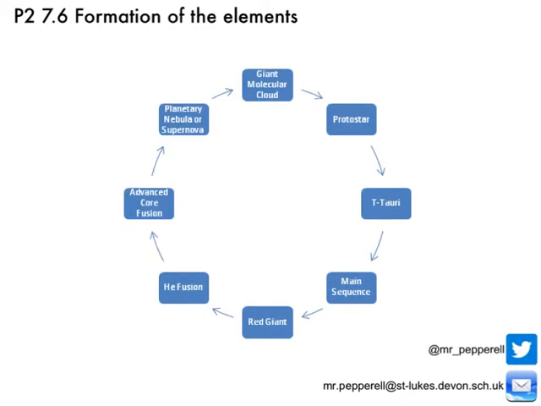So let's just recap this whole process from start to finish. We started with a giant molecular cloud of gas and dust in space that started to collapse under its own gravity and heating up as it did so to form a protostar. And eventually that protostar moved into its main sequence, and during this time it was fusing hydrogen together to produce helium. And as that hydrogen ran out, okay, the core started to contract and heat up even more, and the outside layers started to cool, forming a red giant that we talked about. But eventually the core got so warm that it could start to fuse the helium together to make the heavier elements of beryllium, and eventually as the core collapsed, when the helium supply ran out, it started to fuse the